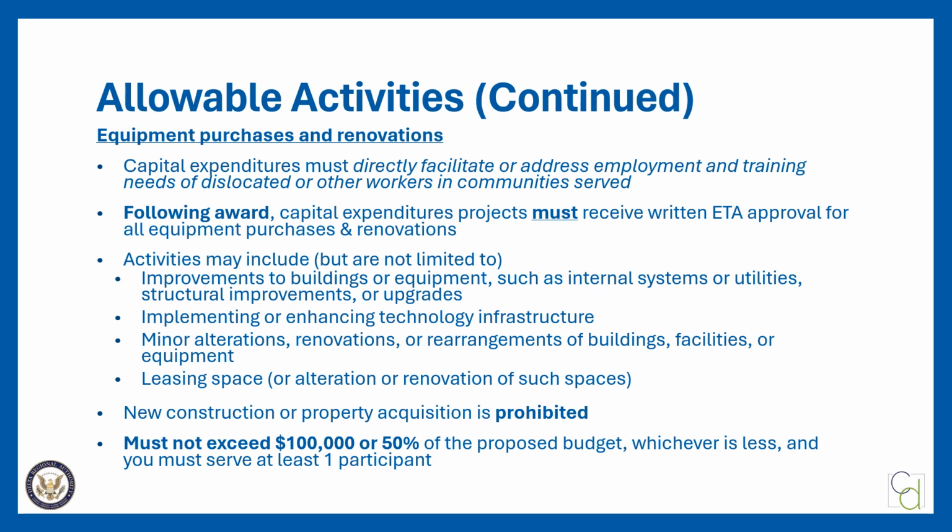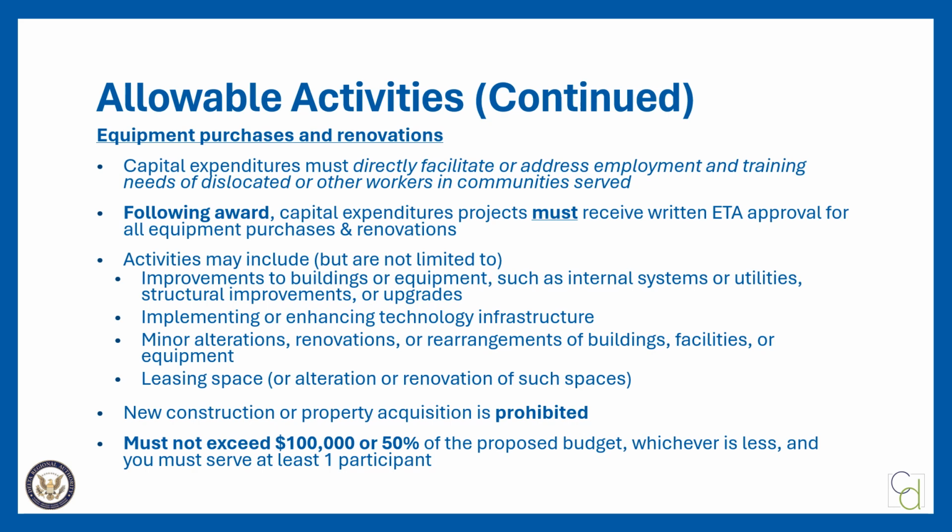For this grant, capital improvements may include improvements to buildings or equipment needed for training programs, as well as structural improvements or upgrades such as relocation, modification, retrofitting, or enhancement of things like interior load-bearing walls, interior floors, etc. Implementing or enhancing the IT infrastructure of a building that would be needed for training programs. Minor alterations, renovations, or rearrangements of buildings, facilities, or equipment, such as activities or costs associated with relocating, modifying, replacing, or adding items related to internal environments, for example, temperature or acoustics, and installation of fixed equipment like fume hoods